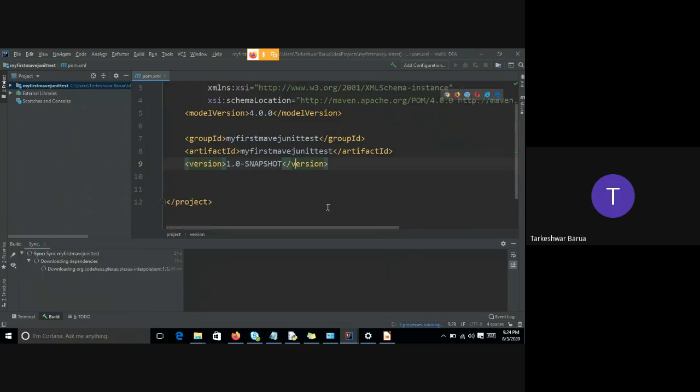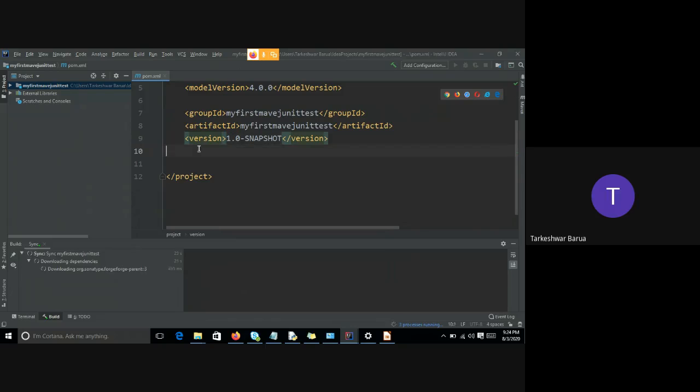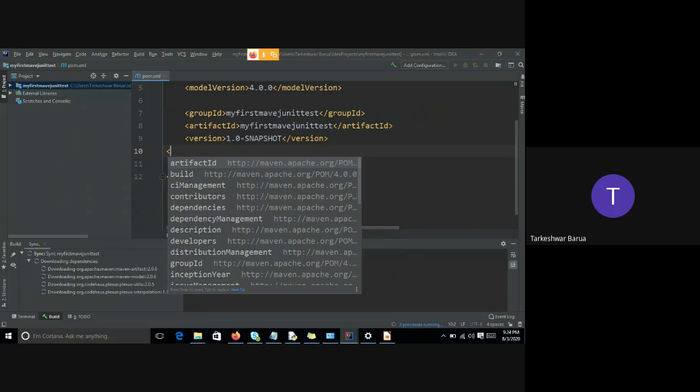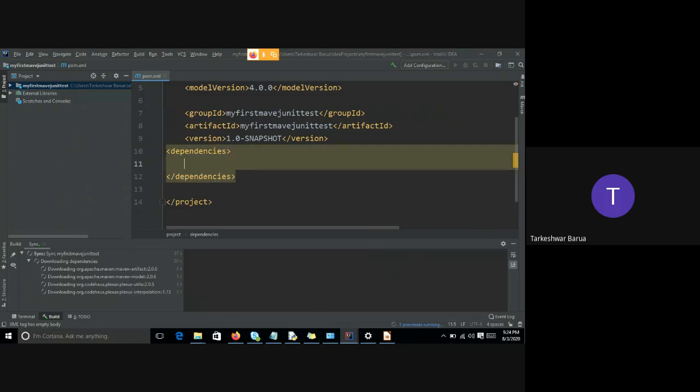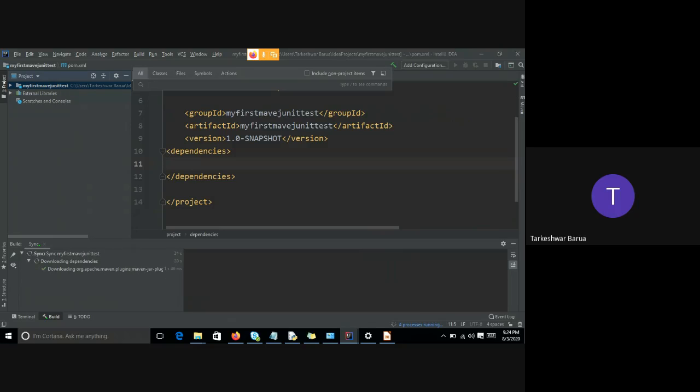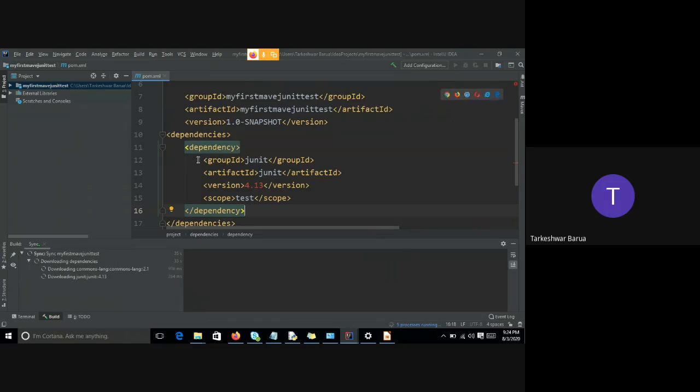Click here. As you write dependencies here, as you write a dependency, it will automatically download it from the internet along with the version. So any version you can download or install.